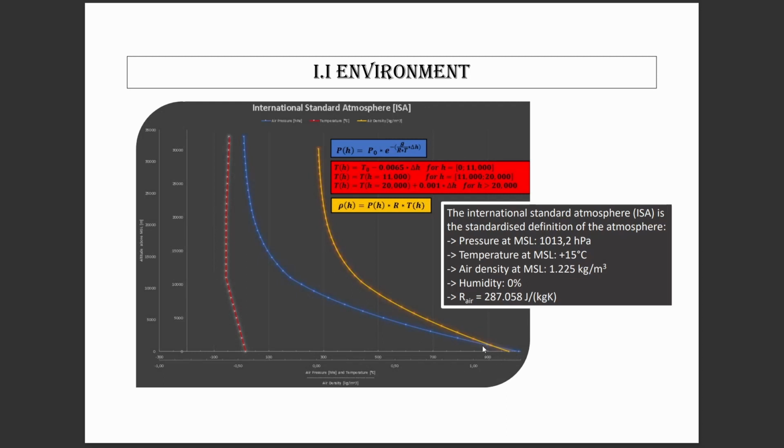Now, what you can see here is the trend of these quantities according to the atmospheric model. Who's interested in how to derive those? There is a mathematical model obviously underlying this atmospheric model, which is laid out here. Some of the initial values that you need to set are given here for your calculations. This is the standard definition. I don't want to go too deep into that, but what you should know and see is that, for example,